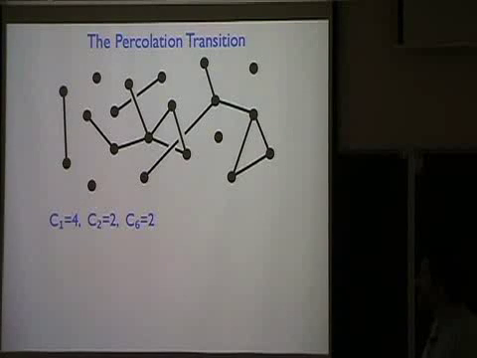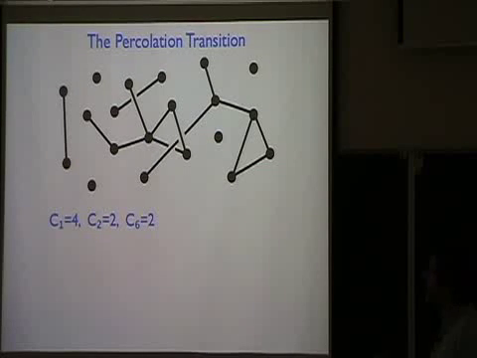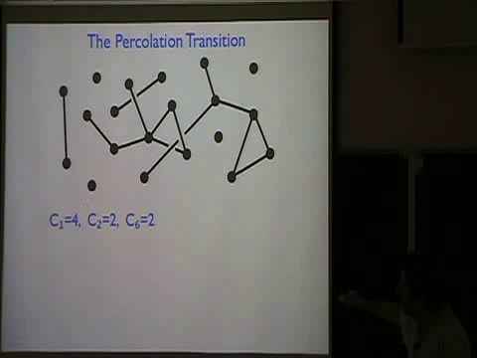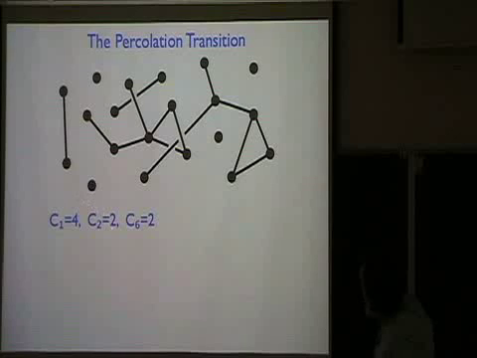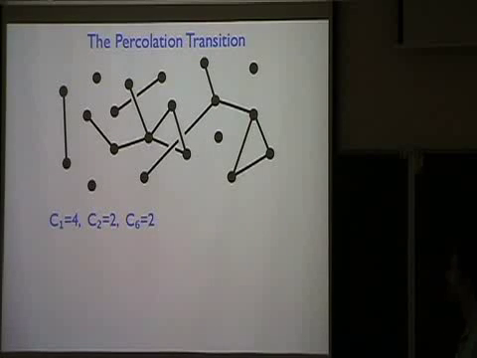The nice thing about it is that one can understand all of its features using this master equation approach. So let's first look at this system. What I've done here is count the cluster size distribution. We have 4 isolated sites, so there are 4 clusters of size 1. There's 1 dimer, so 1 cluster. I'm sorry, there must be another one somewhere. Yes, there's another one here. So there are 2 clusters of size 2 and 1 larger cluster of size 6.